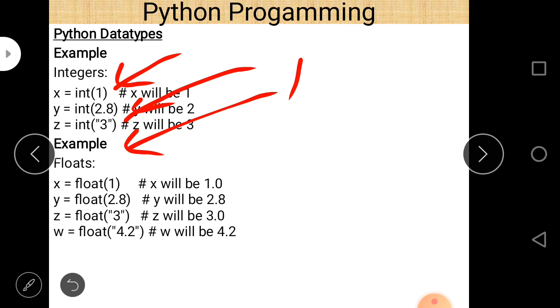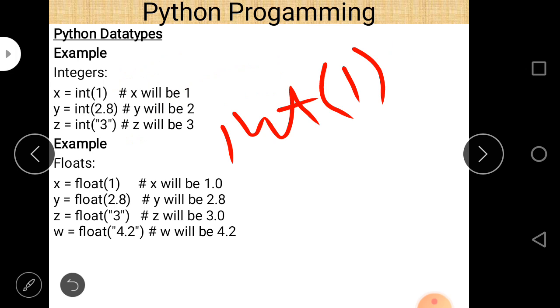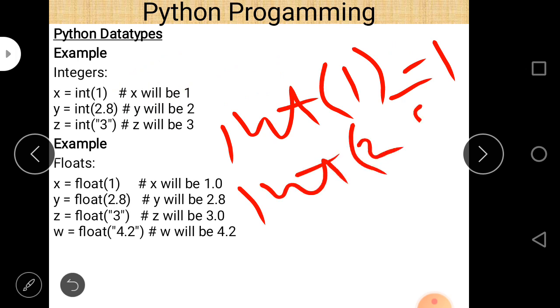But when you write int before these numbers, or you pass these numbers into the integer function, then they are explicitly converted into a particular data type. So int 1, the answer is 1, and when you write int 2.8, the answer is 2, because the fractional value is not supposed to be part of an integer value.